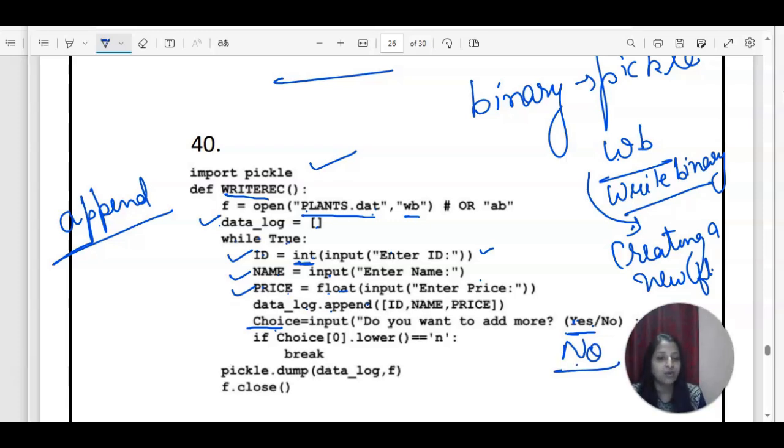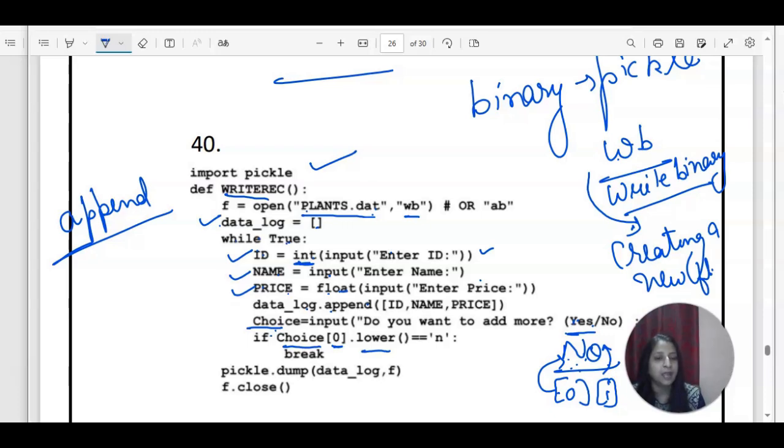So in that case, we are considering this as a string. If you want to fetch an individual character of a string, then with the help of the position you will be able to fetch it. So this n is at 0 position and this o is at 1 position. Now we just have to check n only, the first character. So please check it: choice[0], that means we are fetching the first character, dot lower.